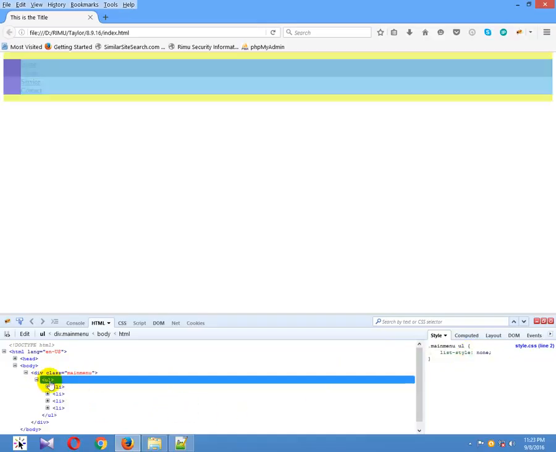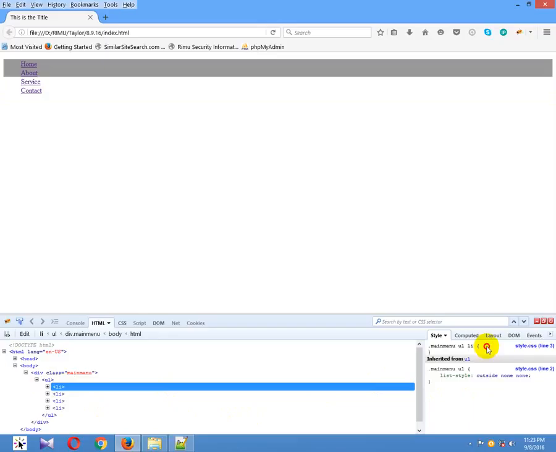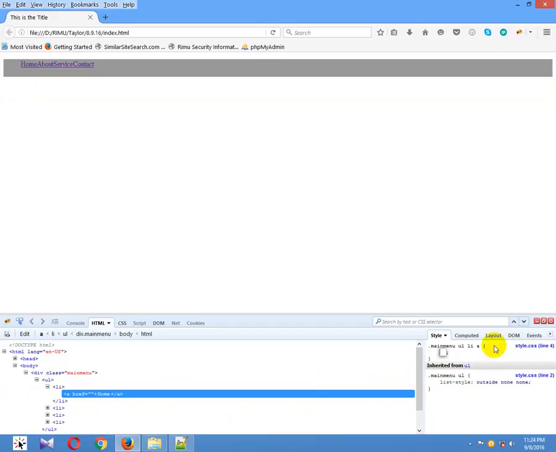and go to LI, type here float left, and go to the anchor and type here padding 10 pixels and 30 pixels, and apply a display block,